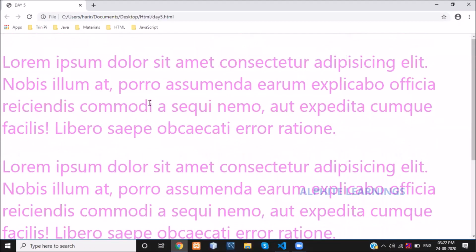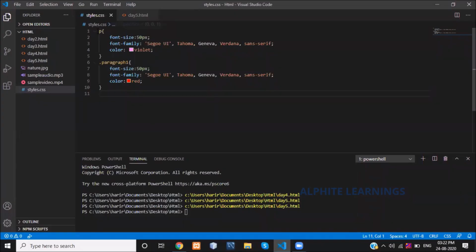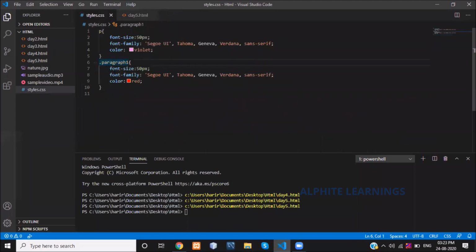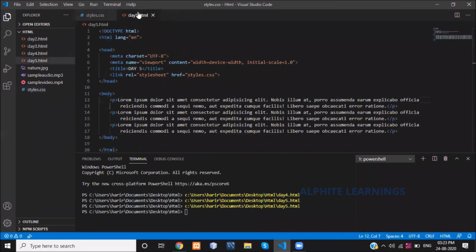Nothing has happened. Why? Since we have defined it only for the paragraph tag. How to use this paragraph 1? Go to your HTML file. For paragraph 1, if you want this particular style, you have to add a very small piece of code in your HTML.